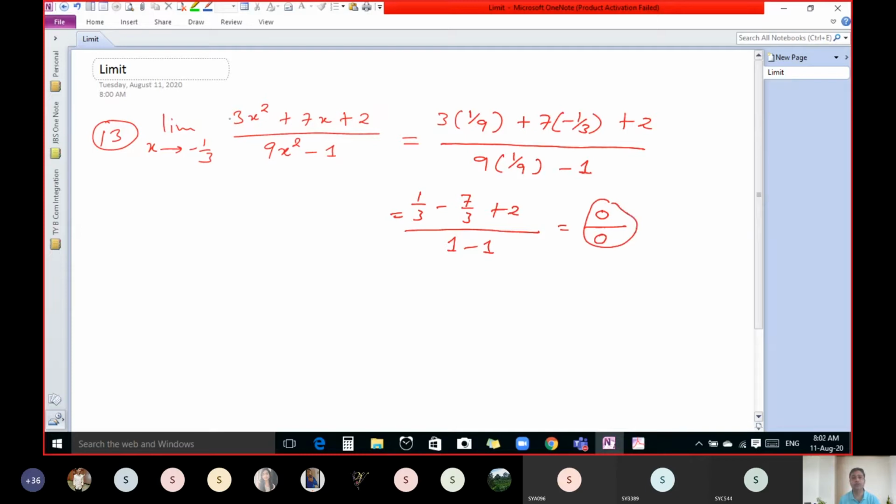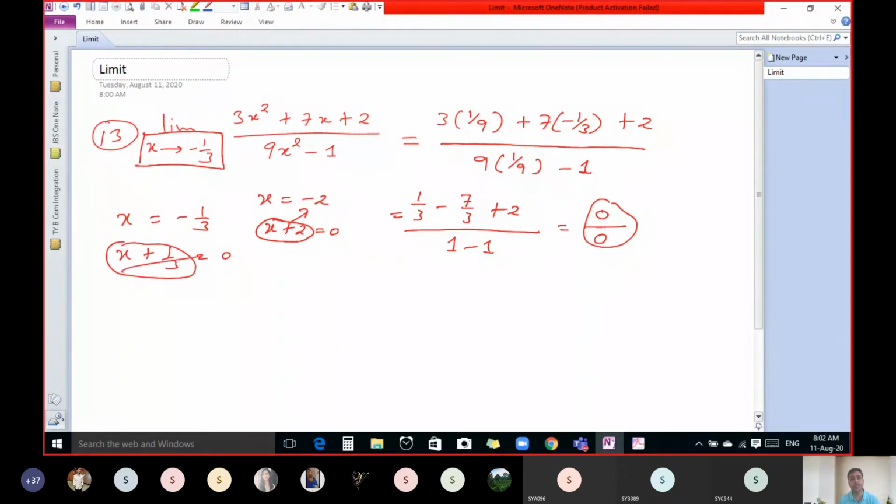So if we have 0 by 0, our next step is to factorize. Now see what a factor is. So how to find out factors? Listen, you have to write this first of all, but instead of this arrow you have to write an equal to sign. If it is x equal to minus 2, you can take minus 2 to this side, so we get x plus 2 equal to 0. So we can say that x plus 2 is a factor. Same thing, you can take minus 1 by 3 to this side, so you can write x plus 1 by 3. So this is the factor.